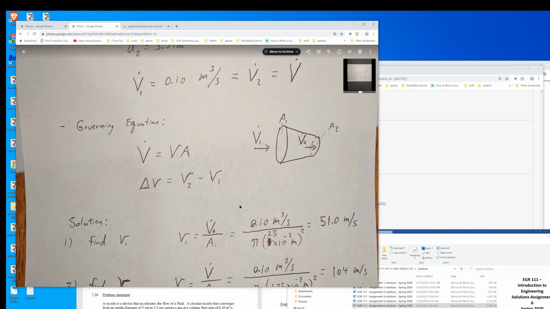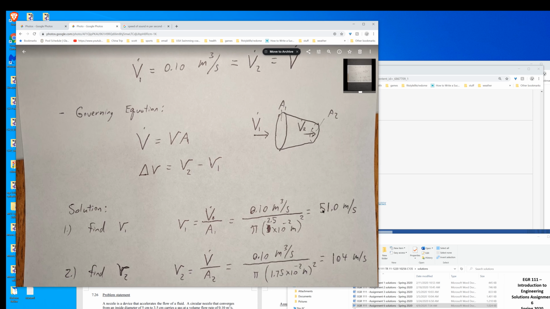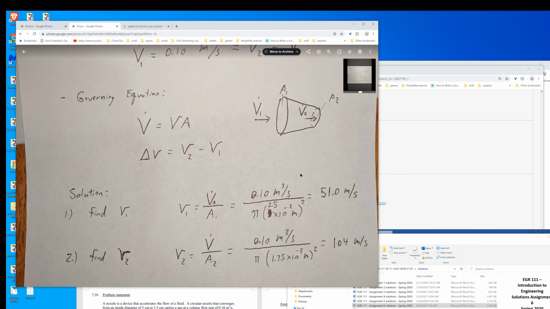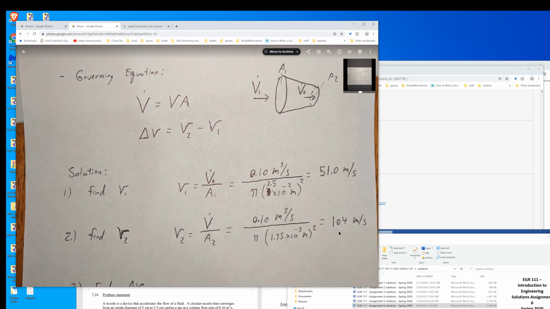First thing is we can find the velocity V1. The velocity V1 is 51 meters per second. Here's the cross-sectional area. Make sure it's the radius, right? They give you the diameter. I just halved it, which gives the radius, 2.5 times 10 to the minus 2 squared times pi. So here's the velocity coming in. Here's the velocity going out. The velocity is 104 meters per second. Now, this comes out to be about 100 meters per second, but